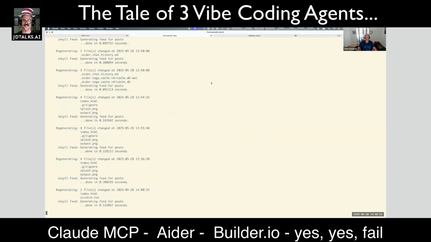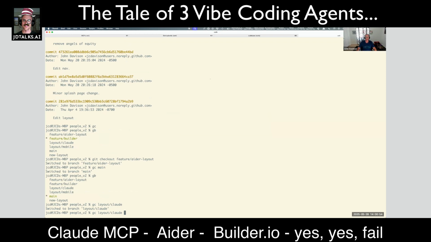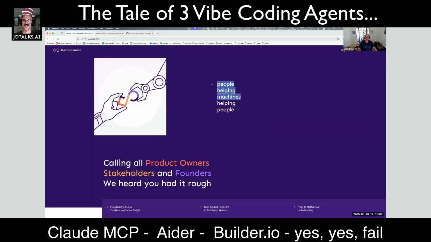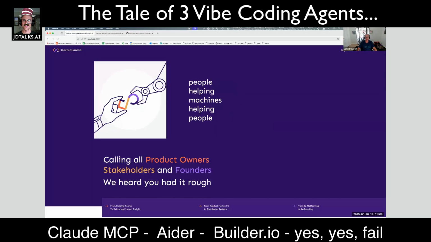And that's using Claude MCP and using Aider, feature Aider layout. Let's refresh that. Now that I compared the two next to each other, I definitely think the Aider layout looks a lot better, although